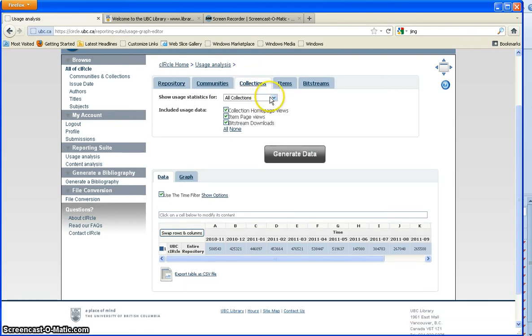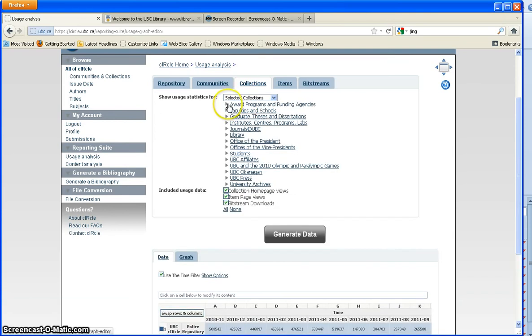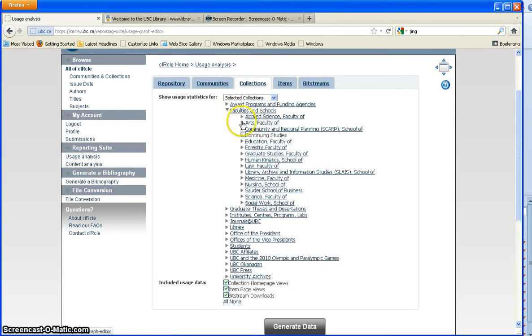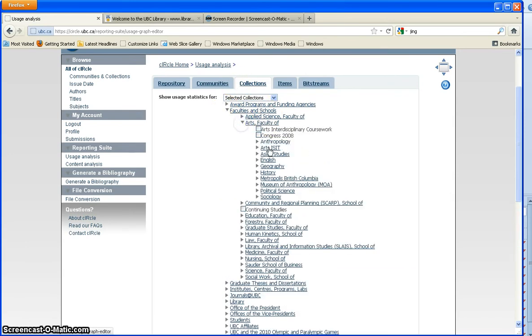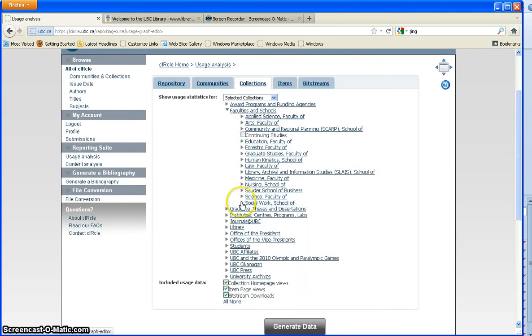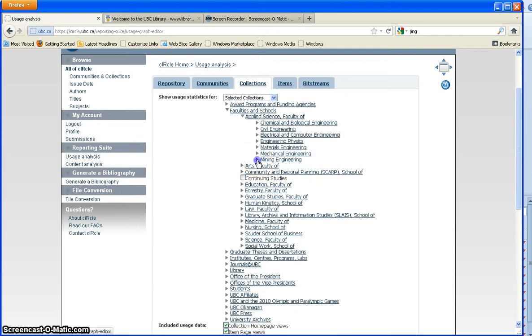And we're going to show statistics for a certain collection. So you can select it down to selected collections. You can do most popular as well, but for this scenario, we're doing selected collections. And we're going to go look at some mining stuff. So, let's dig into it. Arts go down. Oops. Applied science, mining,